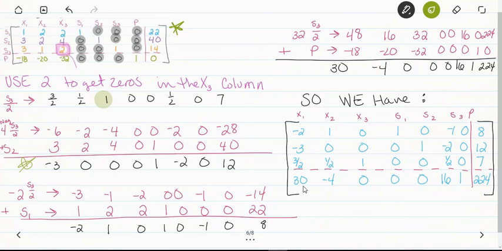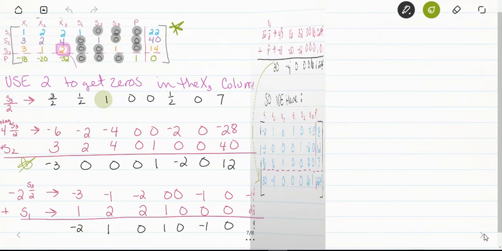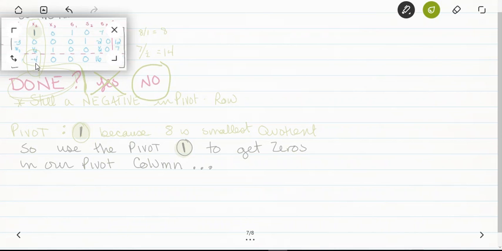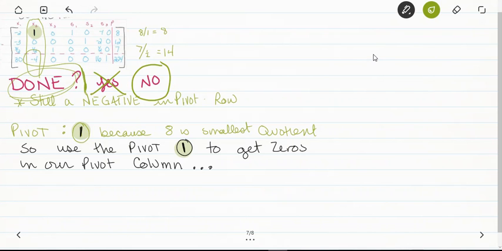And then our P row is the one starting with a 30. So we have this new matrix, and I've just copied and pasted that matrix onto a new page in my notebook. And unfortunately, we're not done yet, because we're going to ask, wait, am I done yet? No, we're not done, because we have a negative. Oops, sorry, I'm going to change that picture if I'm not careful. We've got a negative still in this last bottom row. So because we have a negative here still in our pivot row, our last row,